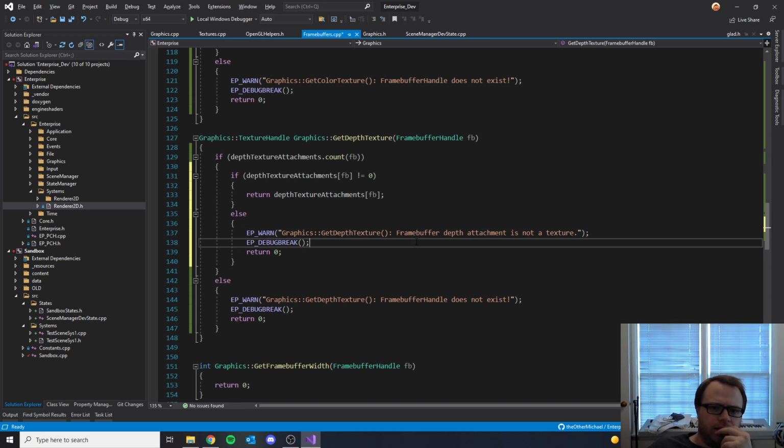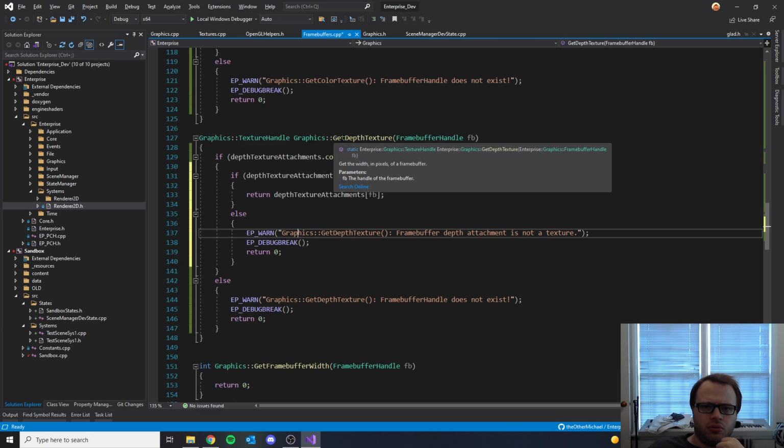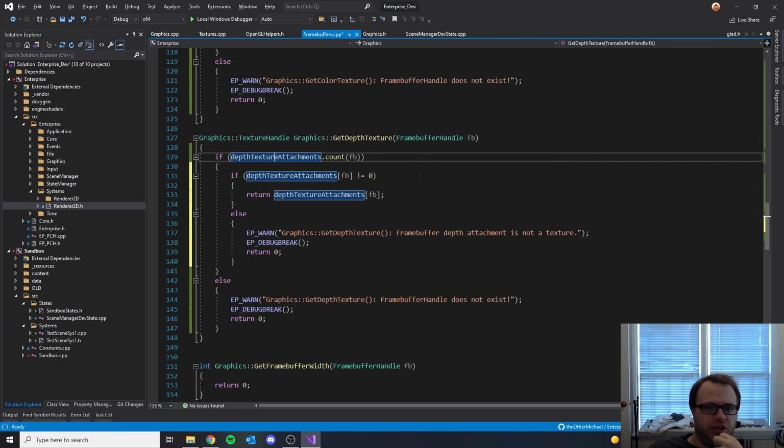Cool. And that should be enough. Get depth texture, we check whether the frame buffer was loaded, then we check to see whether